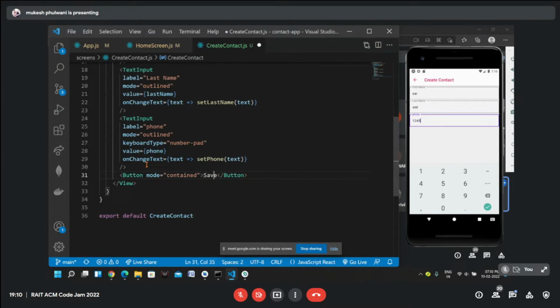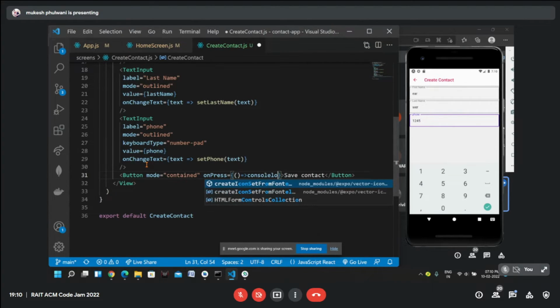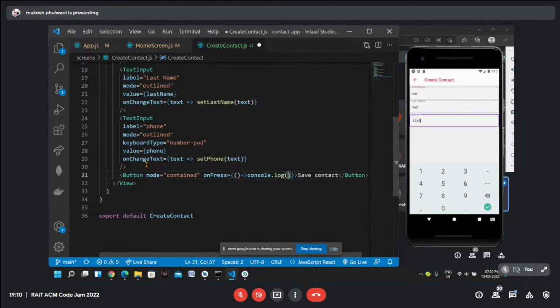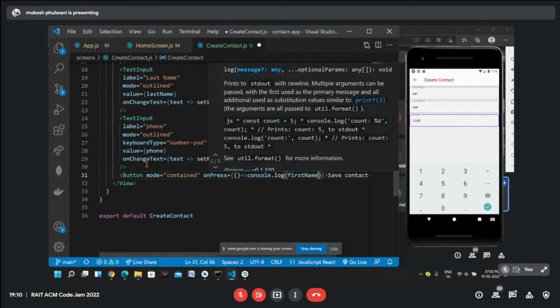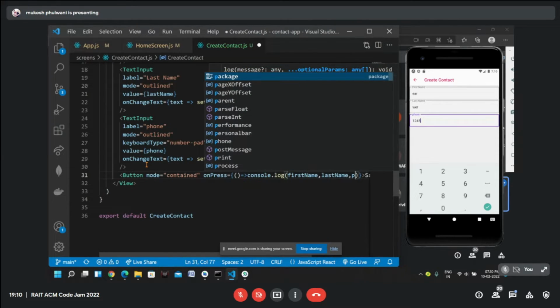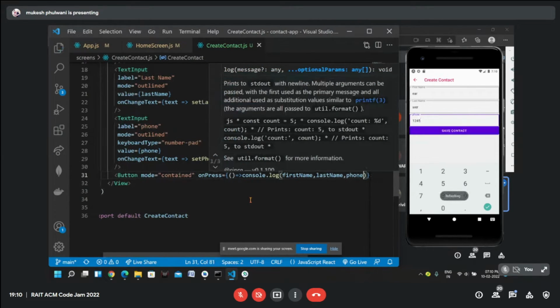Let's say save contact, and on press we can for now just log all these three state values. Okay, console.log first name, last name, and phone. Let's save this,